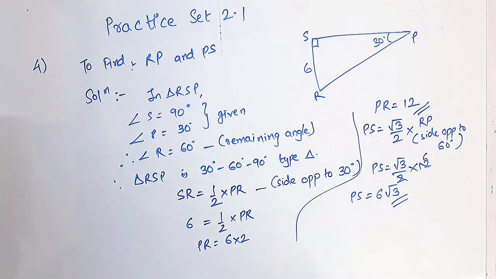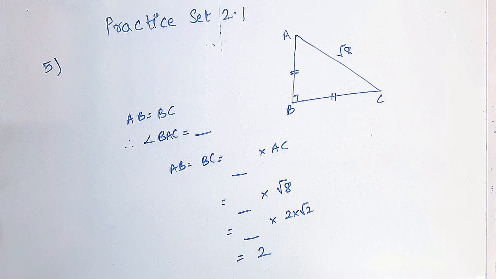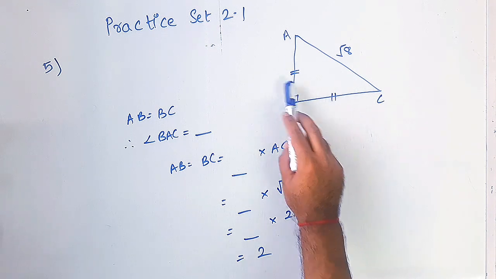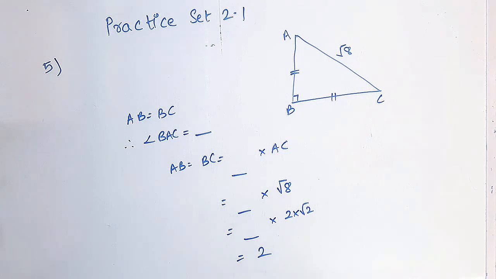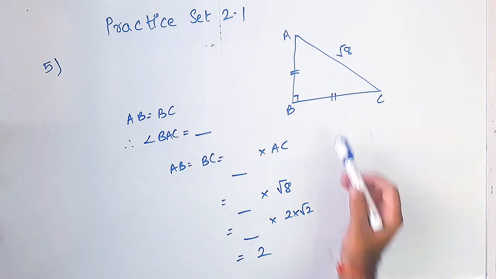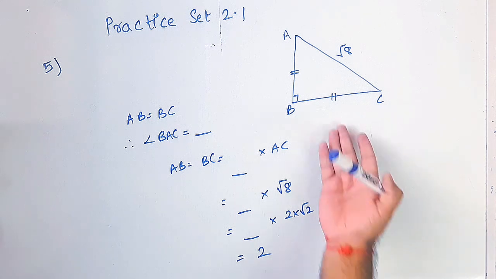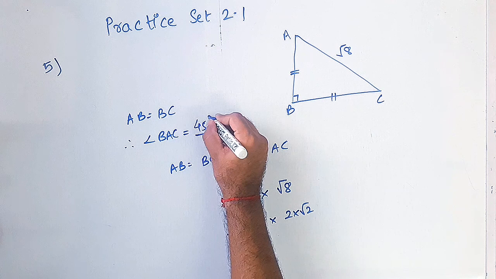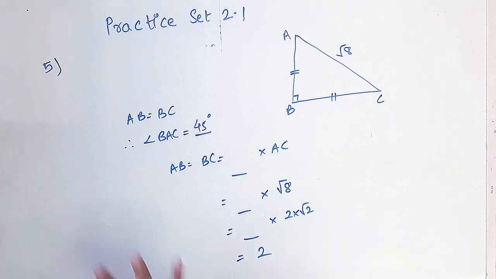Easy, students, isn't it? So we are on to question number 5, which is a right angle triangle. But if you observe it carefully, it is not only a right angle triangle, it is also an isosceles triangle. Such triangles are called right isosceles triangles, and they are of the measure 45, 45, 90. Because it is isosceles, this will become 45, 45. So as you have properties in 30, 60, 90, similarly you have properties for 45, 45, 90. So you got angle BAC. Angle BAC will be how much? 45 degree.